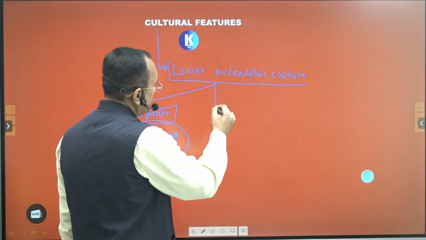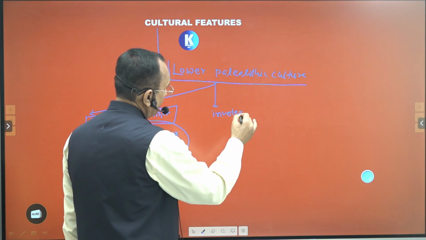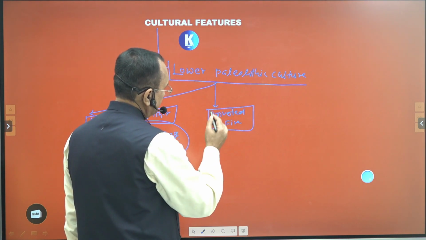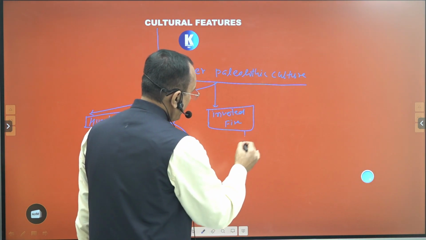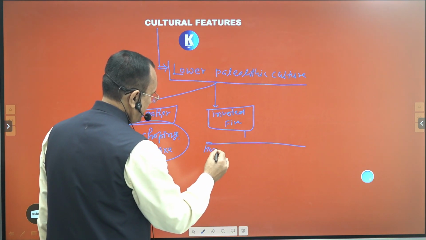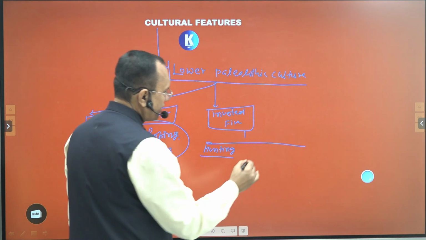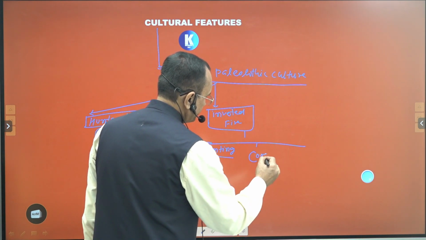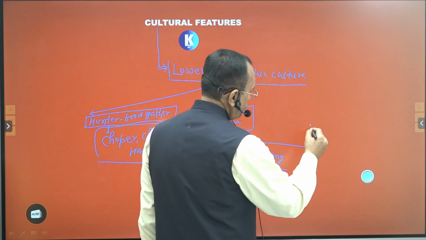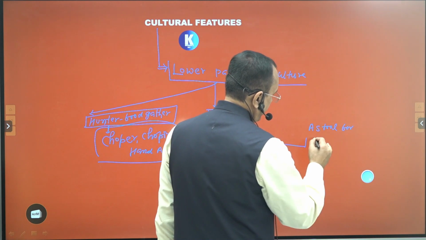Second important thing is that he invented fire, right? He invented fire and he used fire for hunting. First important thing is that he used fire for hunting. Second, cooking. And third, as a tool for adaptation